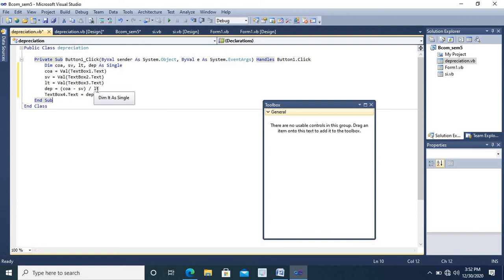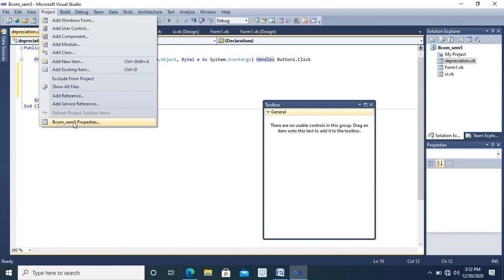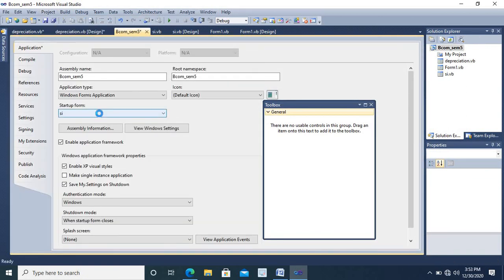Once the code is ready, we need to change properties to set the startup form as depreciation, otherwise it is going to display us the interface for simple interest which we had executed.